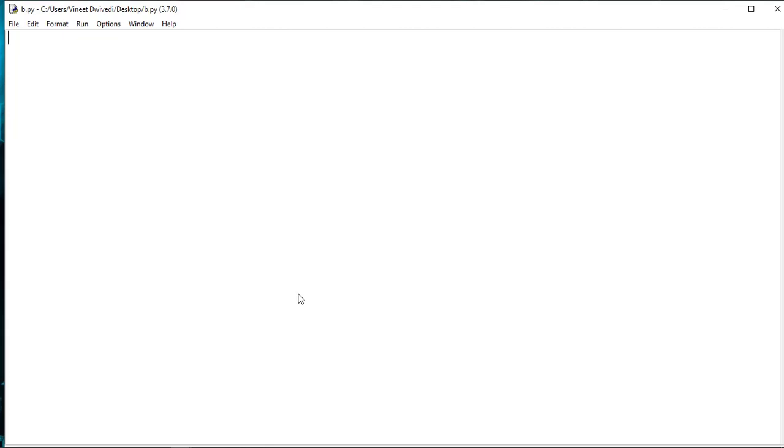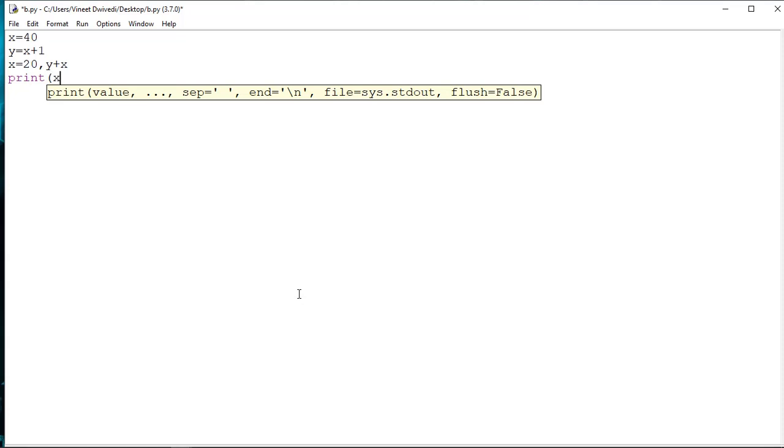Suppose here we write x = 40, and in the next line we write y = x + 1, and then we write x = 20, y + x, and finally we print these two variables: print(x, y).